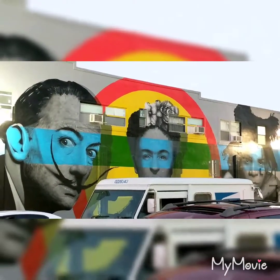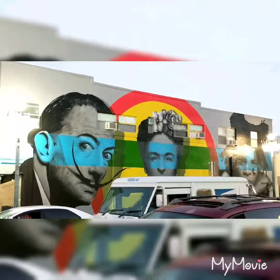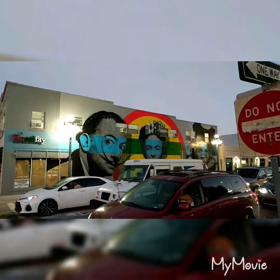This one is just so beautiful because as you go in, it just kind of changes the gateway of going into downtown Hollywood. So now we're going to cross the...